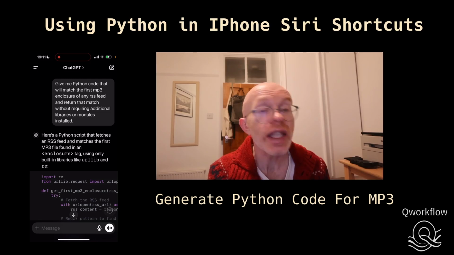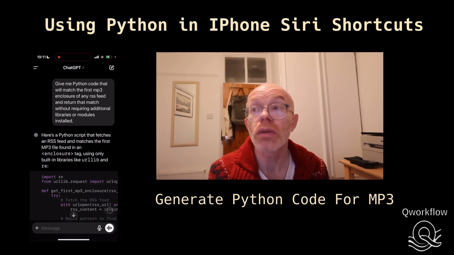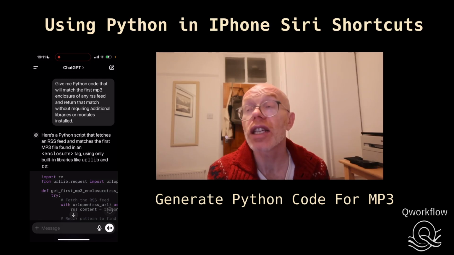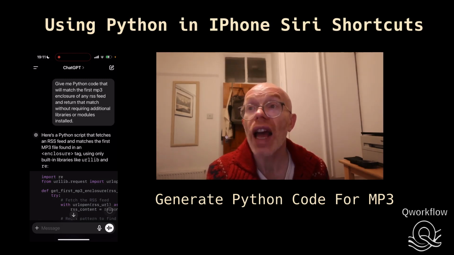that will match the first MP3 enclosure of any RSS feed and return that match without requiring additional libraries or modules installed. The reason I added the prompt at the end about not requiring additional libraries is because I'm running this in iOS. So you don't have quite the same extensibility and the same ability to install modules and libraries that you would have in the full fat version of Python that you might run on VS Code or in a coding